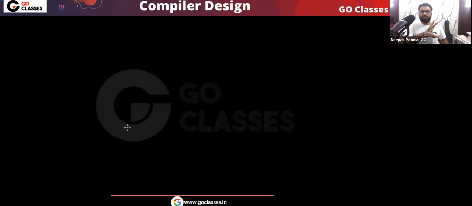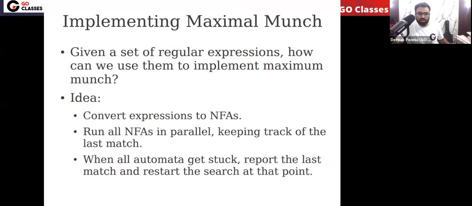We are going to directly solve the question from the regular expressions. The same way we have done the previous two or three questions, in a similar way we will solve all the questions. But conceptually I can say how to implement the longest match. Let's see that. Okay, so you can see implementing longest match or maximal munch given a set of regular expressions,